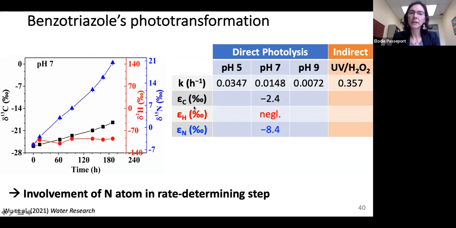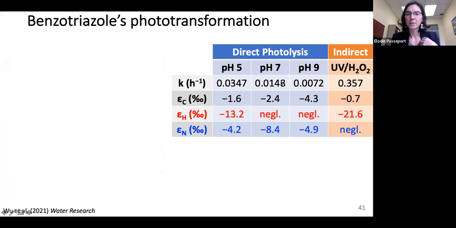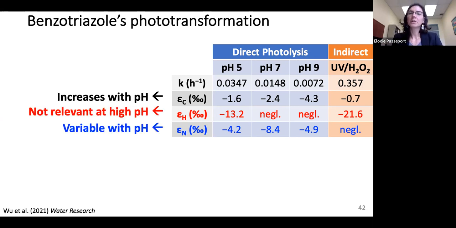And as I said, you can express this extent of fractionation using this epsilon value. So the higher the epsilon value, as you can see here, then the higher the isotope fractionation as observed here. And so we did this for pH 7, 5, 9, and also for the UV H2O2 experiment. UV H2O2, this is our way of generating hydroxyl radicals. So what we observed is that